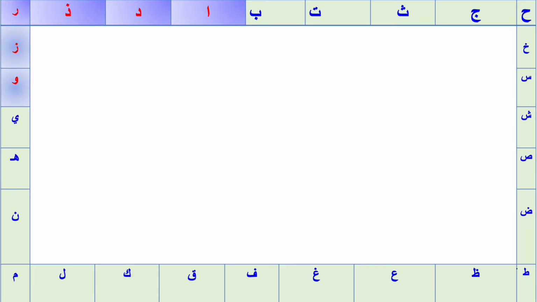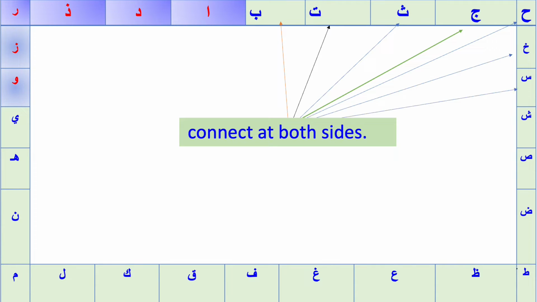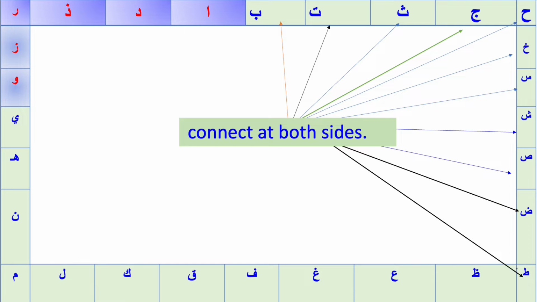As you can see in this slide, we have divided the letters into two groups: those that can connect from both sides with a preceding and a following letter, and those that can only connect to the right hand side. So this is the first group: ba, ta, tha, jim, ha, kha, sin, shin, sad,